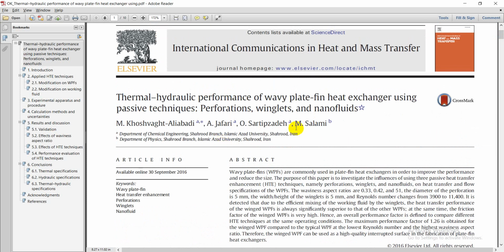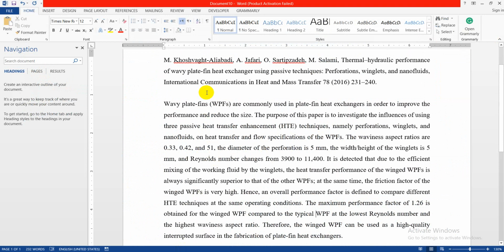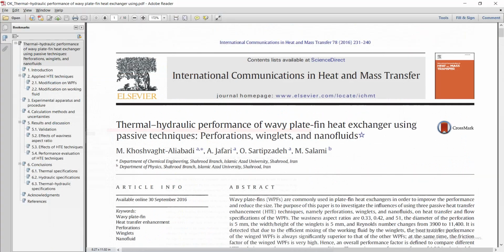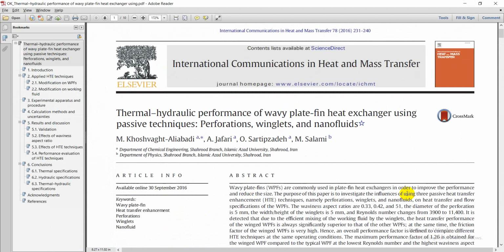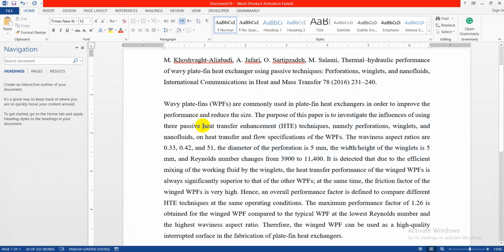So I just copy the title of the paper, authors, and the full citation into the Word file. For example, this one, you can see. And then I also copy the abstract, totally from the beginning to the end, right here. Then I have to change everything, avoiding